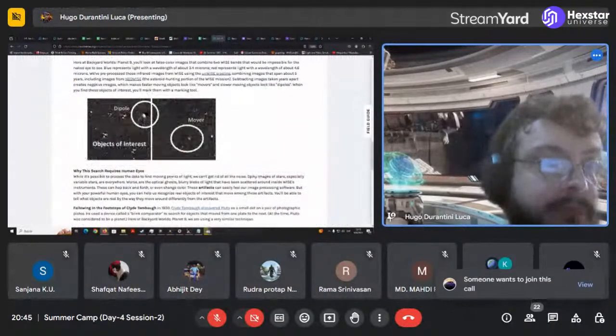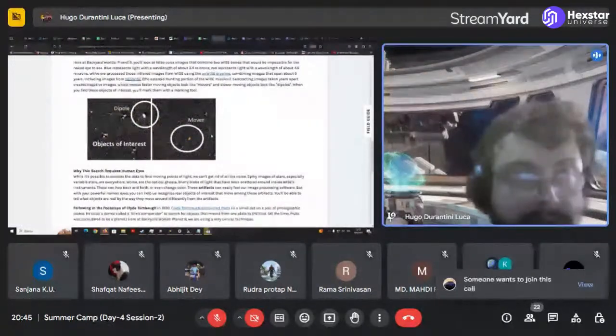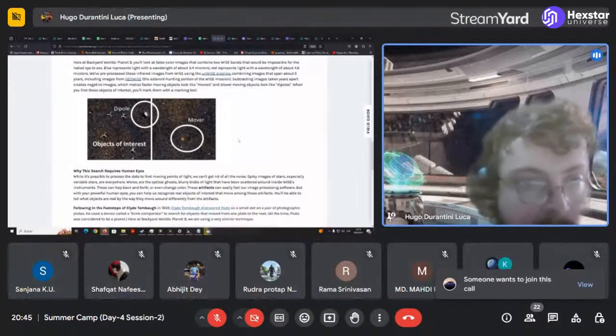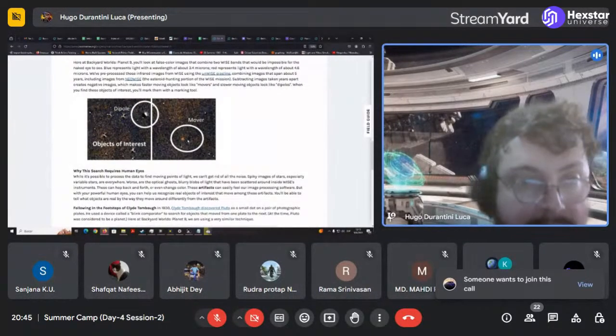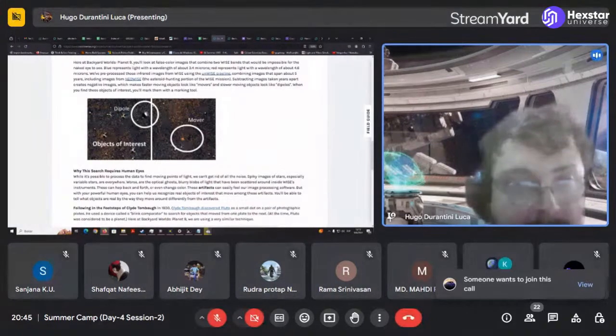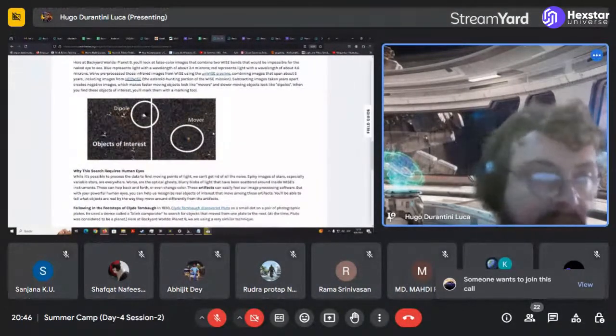For example, we have here another example. You can see here that in the difference between the four images, there is an object that was clearly moving, jumping, while the other things are more or less the same or are subtracted from the image.